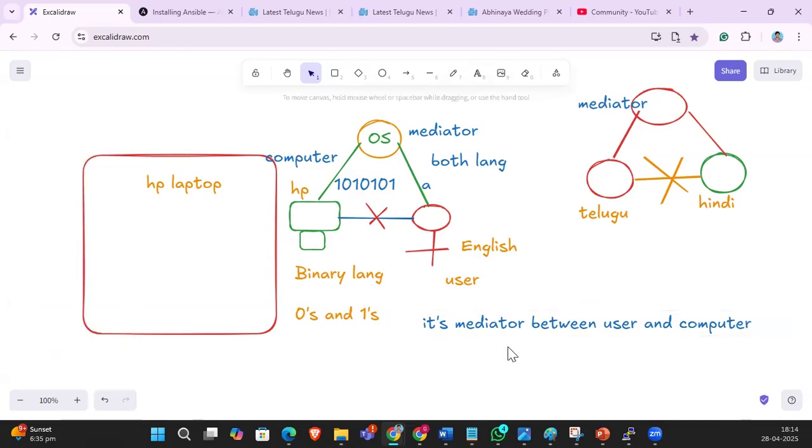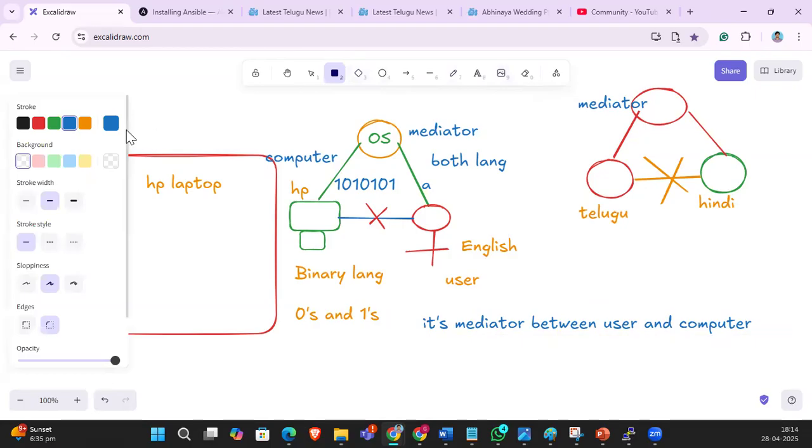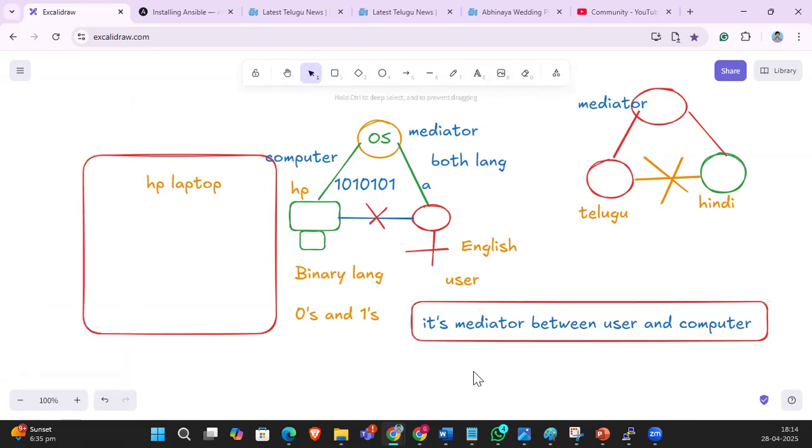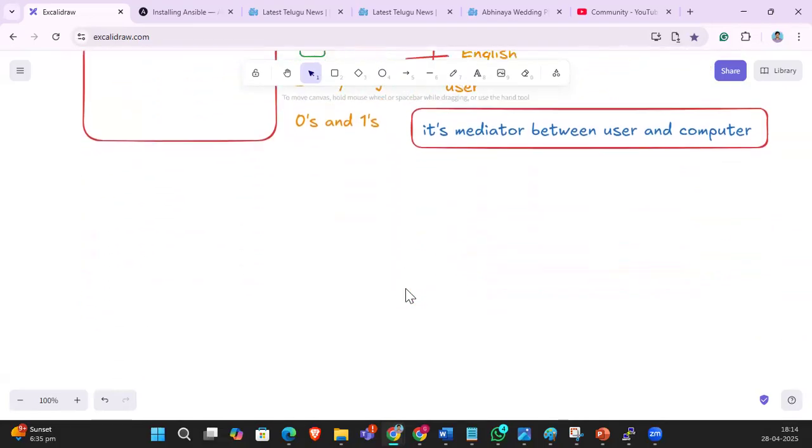Guys, now you understood? What is an OS? A mediator between user and computer is nothing but an OS. Right? Now you understood.